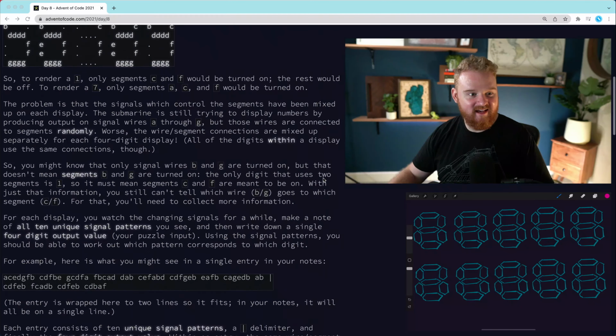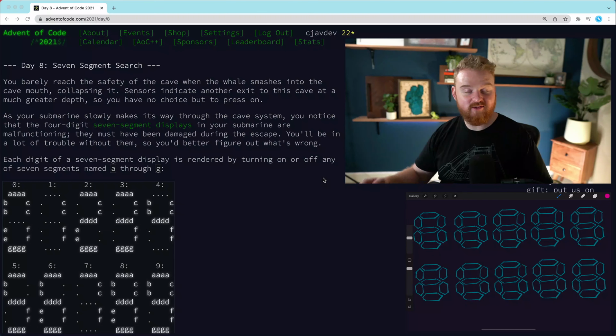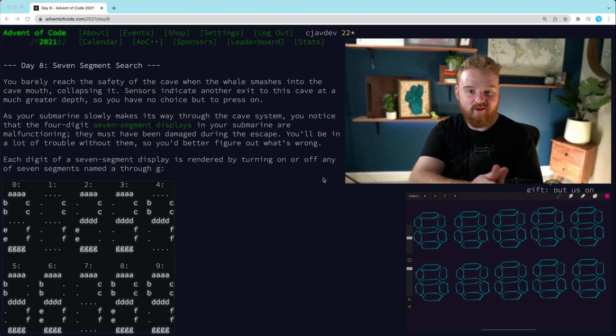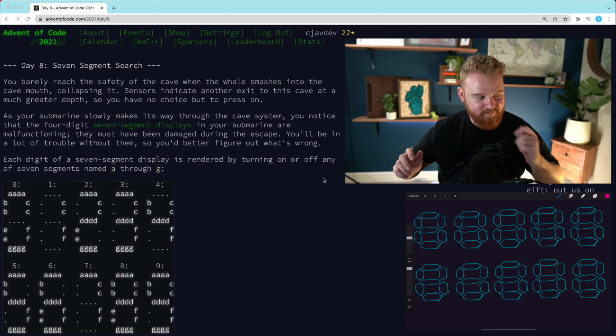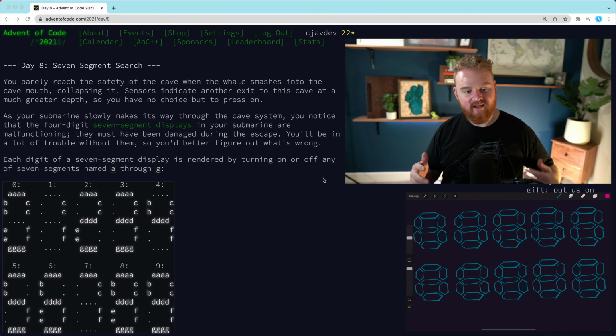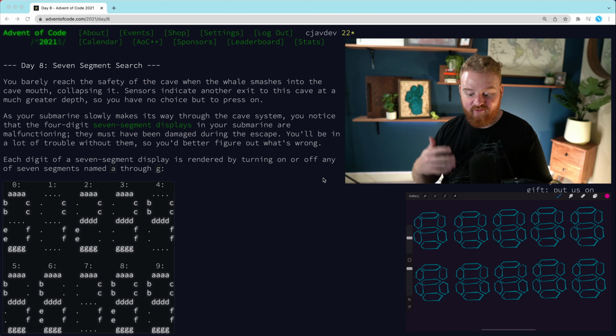This is day 8 of the Advent of Code. This one has been the most challenging for me. I've never worked with one of these 7-segment search or 7-segment displays before, and so I wanted to just go through that. I want to show the solution that I came up with, and then after I did this, I also want